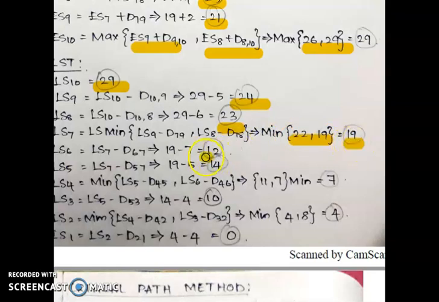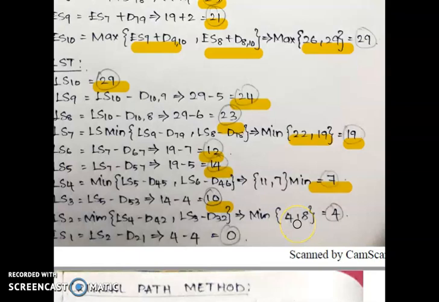So LS6 value will be 12. LS5 value will be 14. LS4 again has 2 possible ways. It comes under 5 and it comes under 6. So LS5 minus D45, comma, LS6 minus D46: 11, 7. The minimum value is 7. LS3 value will be 9...